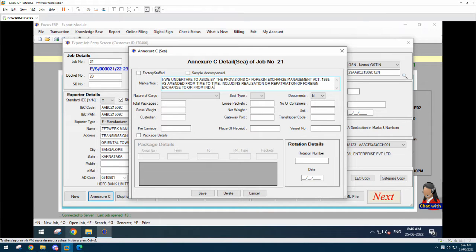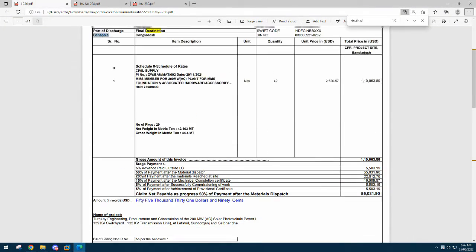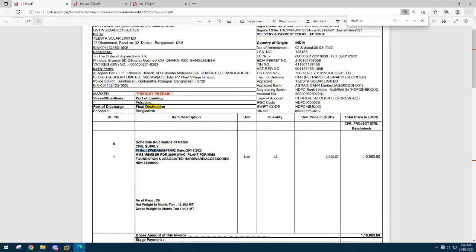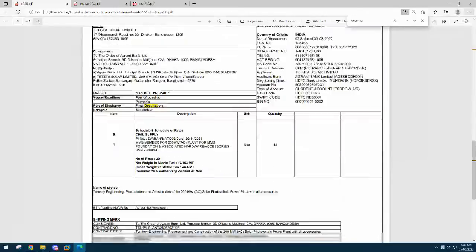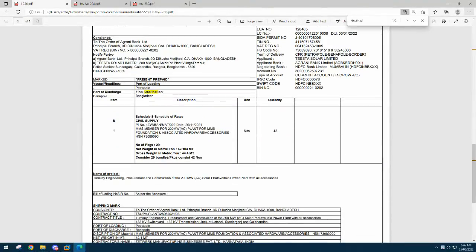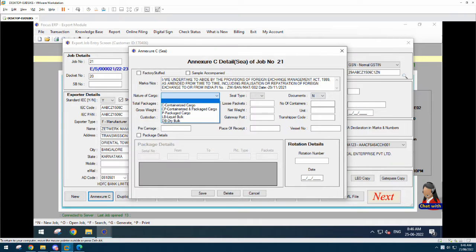So basically, we were at annexure C. Let us put the PI number. At the end we will see what other details we need to add. So first, let us add the PI number here. What is the total number of packages? For that, we'll need to open the packing list. The total number of packages is 29. We will put the nature of cargo as packaged cargo. We'll put 29 packages, loose package is 0,